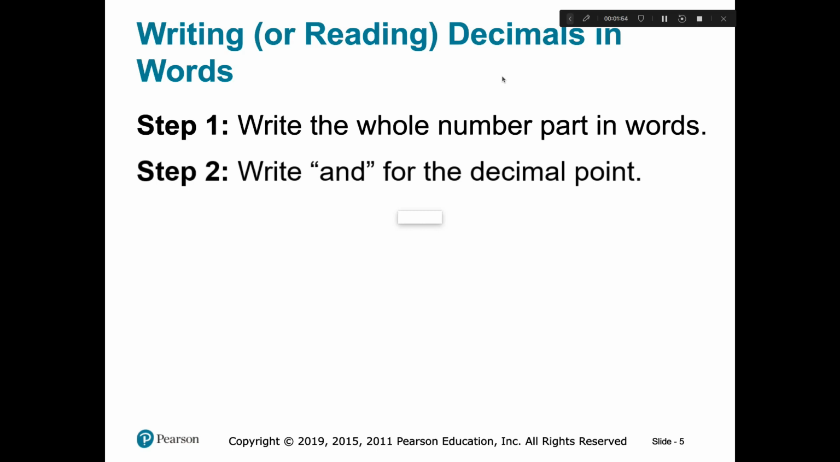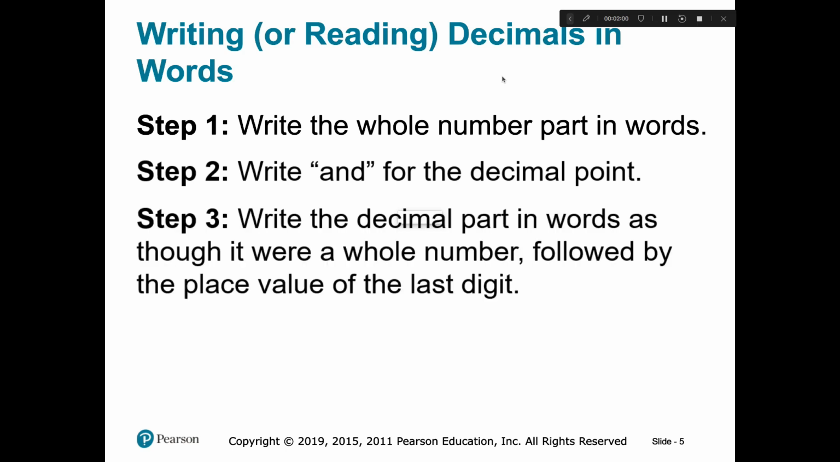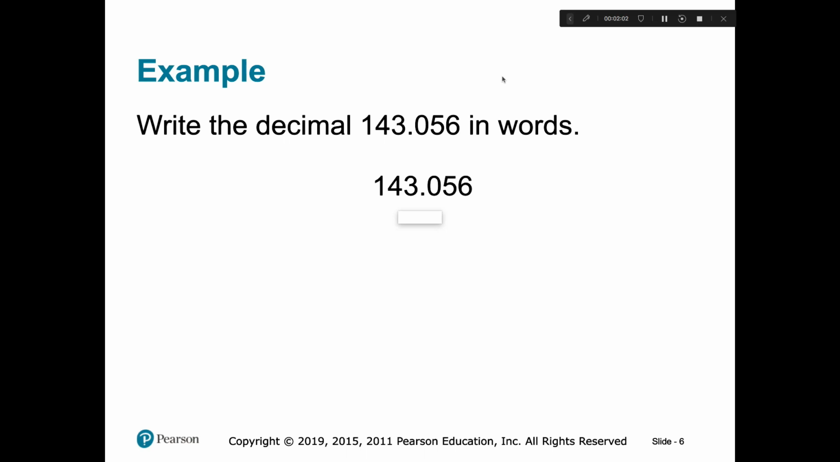Okay? But it's important to know that in this chapter, when we say the word and, we mean that's where the decimal point goes. So, if I were going to say this word, because I'm not going to make you write it out, I want you to say this word for me using the and in the appropriate place. Mikey, how would you say this number? 143 and